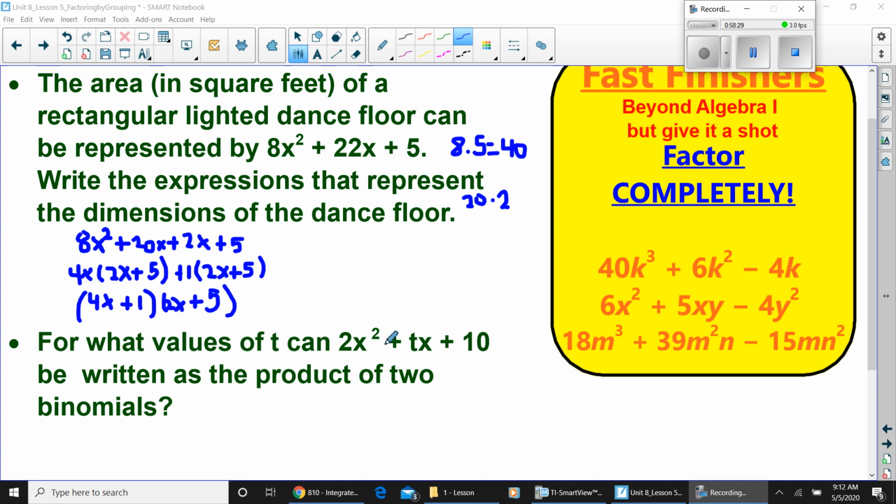Okay, so the first thing that you have to do is 2 times 10, so you would get 20. And it's asking for what values can t be? All right, so you just have to list the factors that multiply to 20, and that's it. And it's all positive, by the way, so you don't have to worry about that. So 20 times 1, 20 and 1,